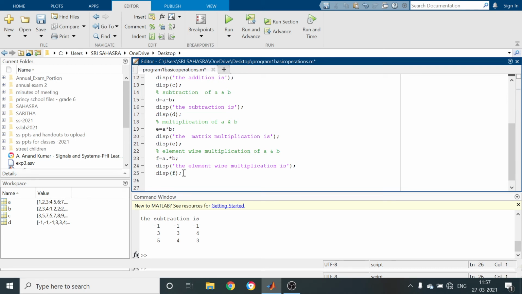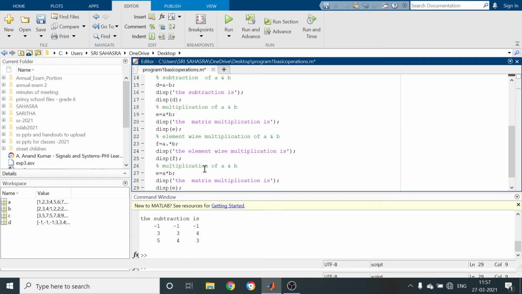Next I am going to copy this one again, Control C, Control V. So I am performing division now. So I am doing element wise division.